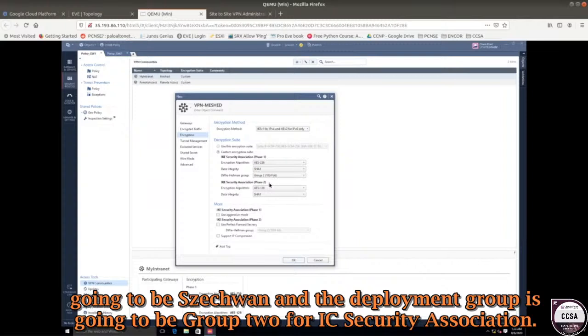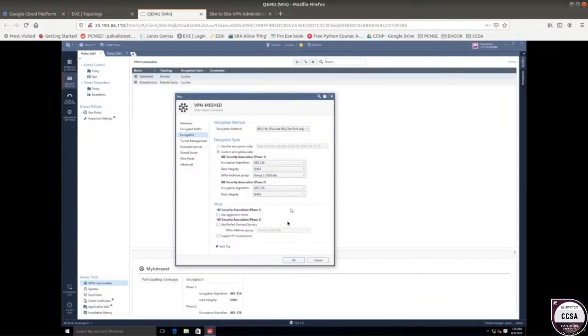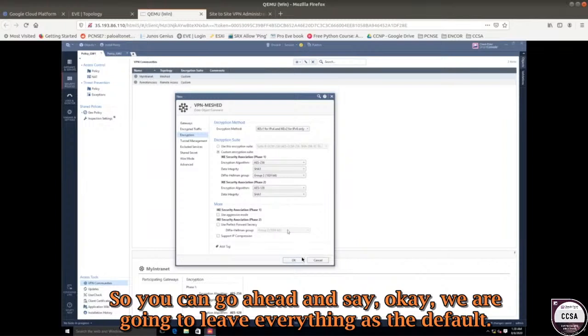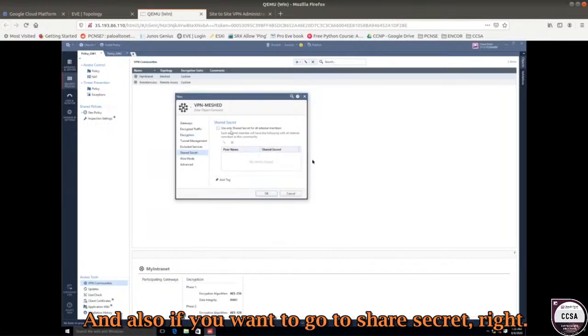For IKE security association phase 2, we are going to use AES 128 and SHA-1 for integrity. So you can go ahead and press OK. We are going to leave everything as the default, and also if you want to go to shared secret,